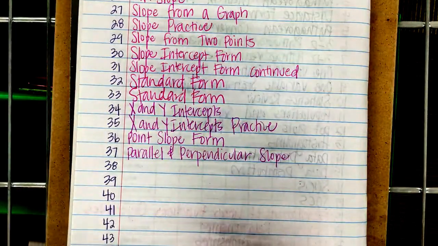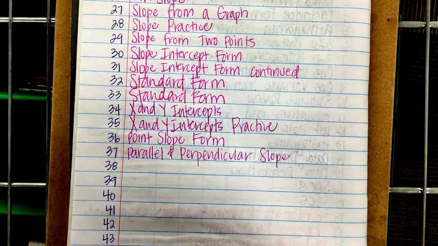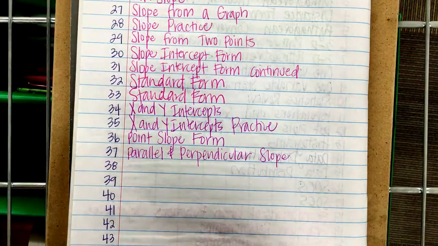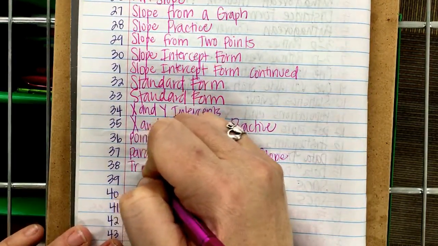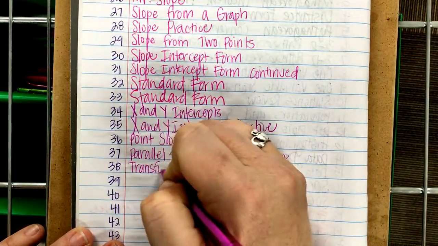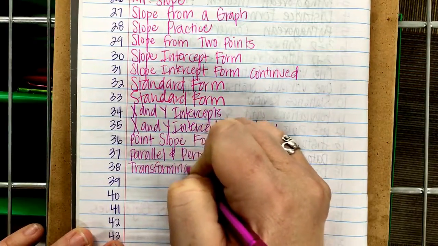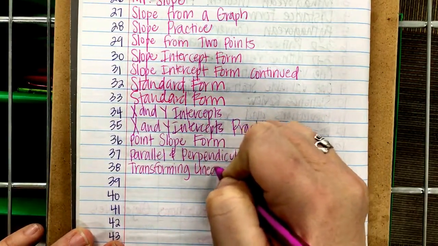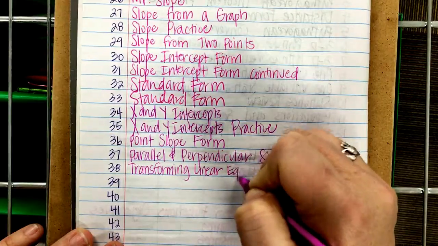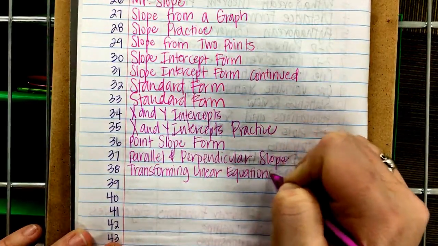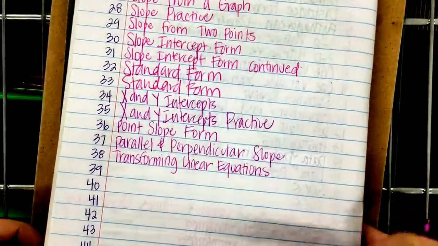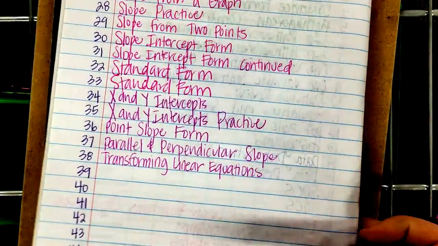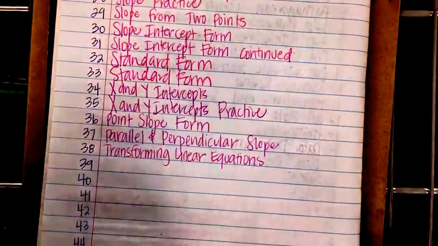Okay, on page 38 of your table of contents, you are going to put transforming linear equations. And you will need this big blue piece of paper to take notes on. So we're going to take notes on this